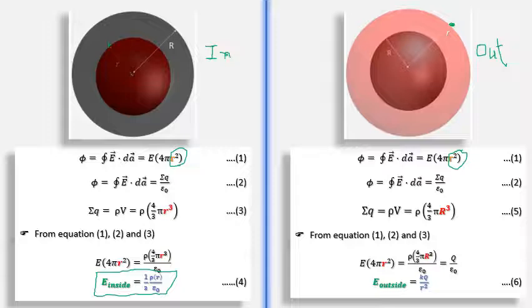Now I want you to compare equation 1 with equation 1, equation 3 with equation 3. Look at the difference. In the first equation we have r square same because we are talking about the area of the Gaussian surface, whereas in the third equation we are talking about the charge distribution, and so we should consider up to which point we have charges. So here we consider charge only up to distance r.